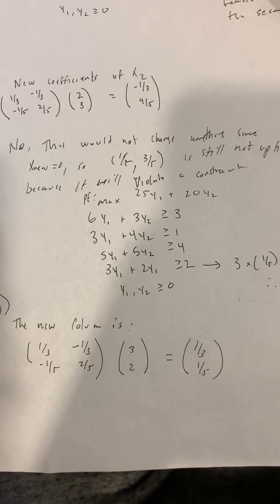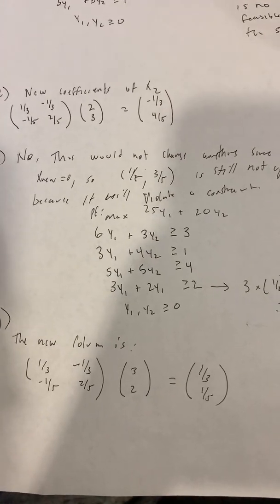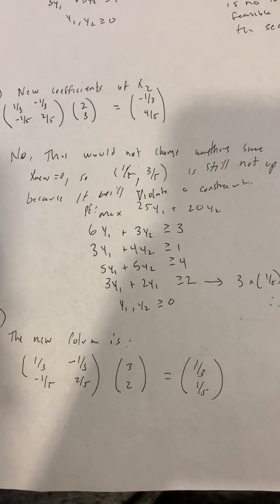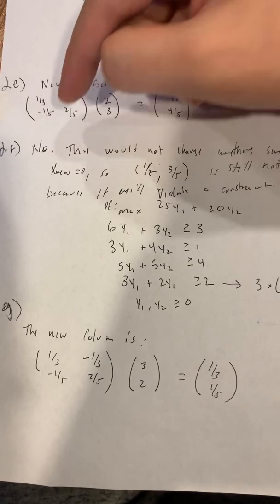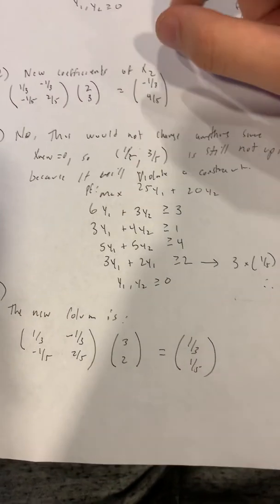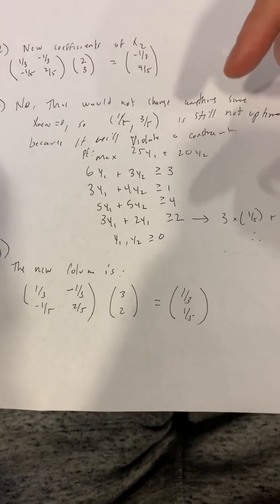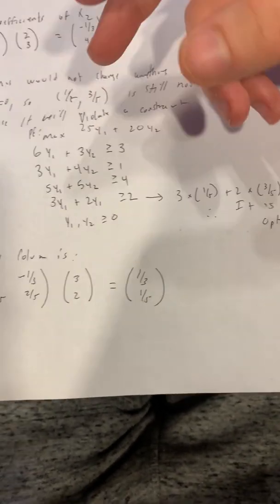Under the fundamental insight, we know that the coefficient of the original variables in rows 1 to m is equal to b inverse times a. So multiplying b inverse times a, we get negative 1/3 comma 4/5, which would be the new coefficients of x2. In part F, we know that by setting x2 to 0, and then we're taking the dual of the problem similarly to what we did before,